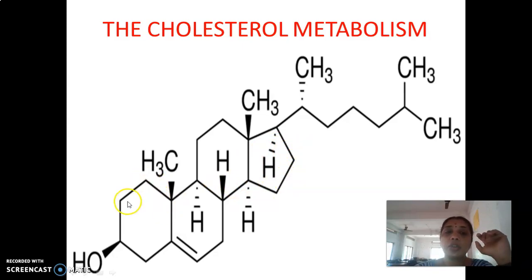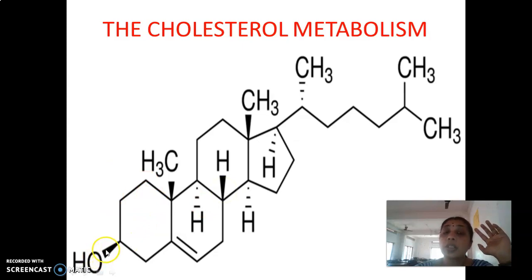right? So this A ring: 1, 2, 3, 4, 5, 6. Similarly, the B ring: 1, 2, 3, 4, 5, 6. The C ring: 1, 2, 3, 4, 5, 6. While the D ring has only 5 members: 1, 2, 3, 4, 5. So these are the 4 ring systems present in the structure of cholesterol, in which the A ring contains